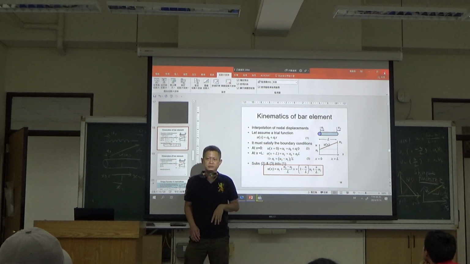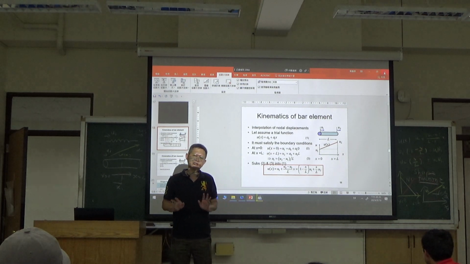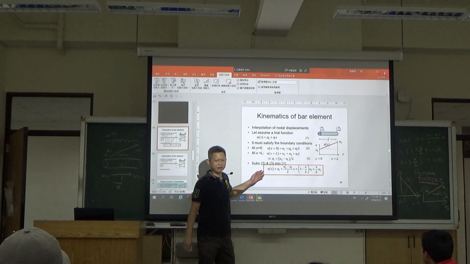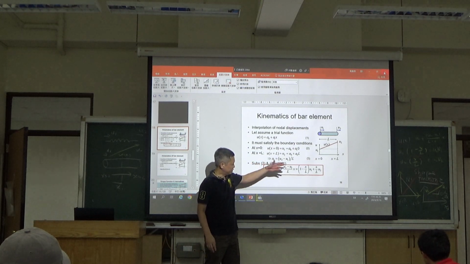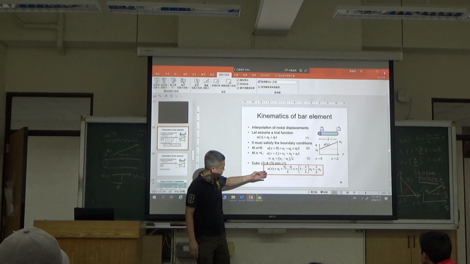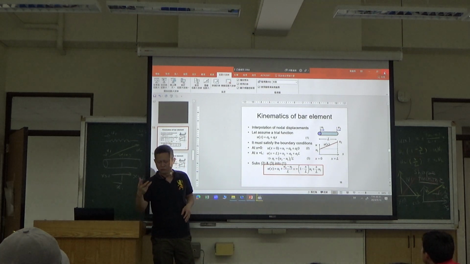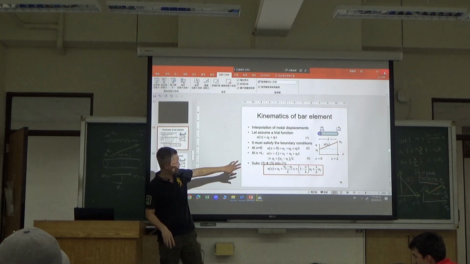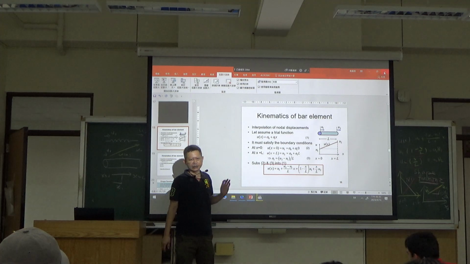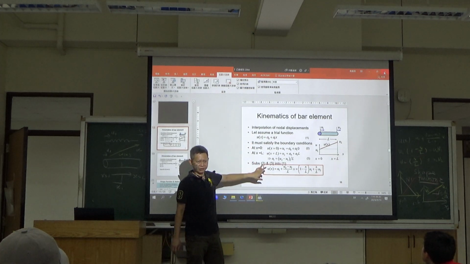Okay? This is almost like presuming you haven't learned any secondary school geometry. But what we did, if you learned about line equations, is simply a re-expression. I would prefer you to treat it as a re-expression. I don't bother much about it. But the important thing here is why people have to use this step to get the shape functions,